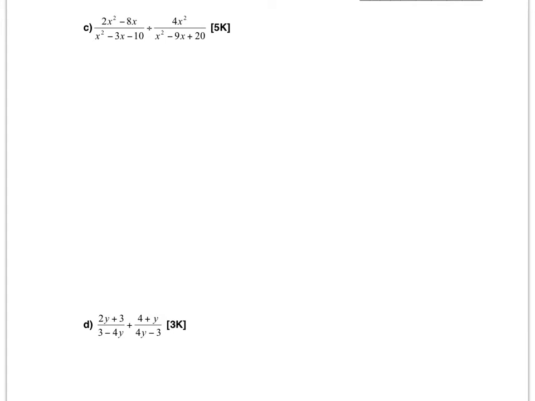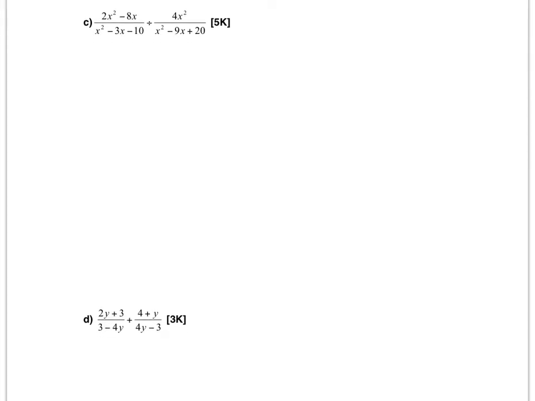The next example is 2x squared minus 8x over x squared minus 3x minus 10 divided by 4x squared over x squared minus 9x plus 20. For 2x squared minus 8x, 2x is a common factor, so I'm going to write 2x times x minus 4. So that's the numerator of the first fraction, divided by,